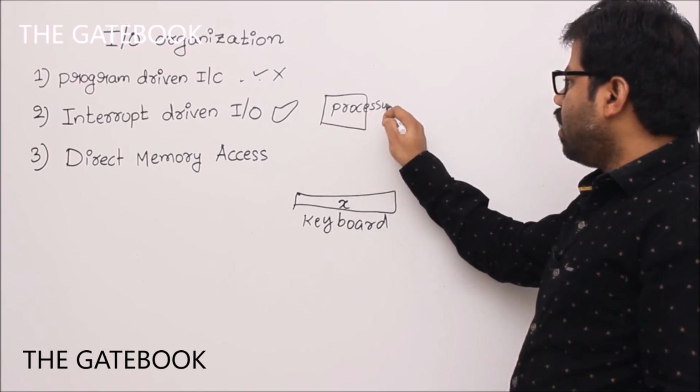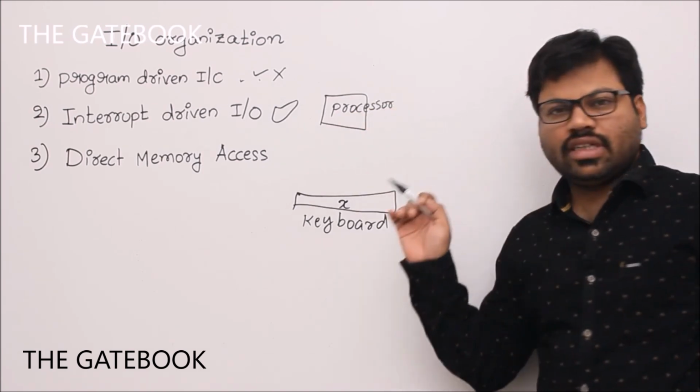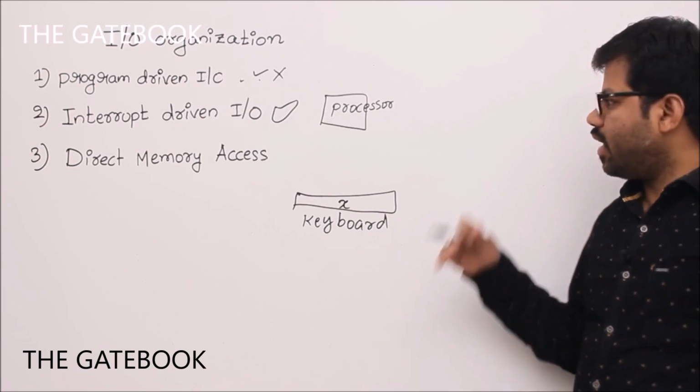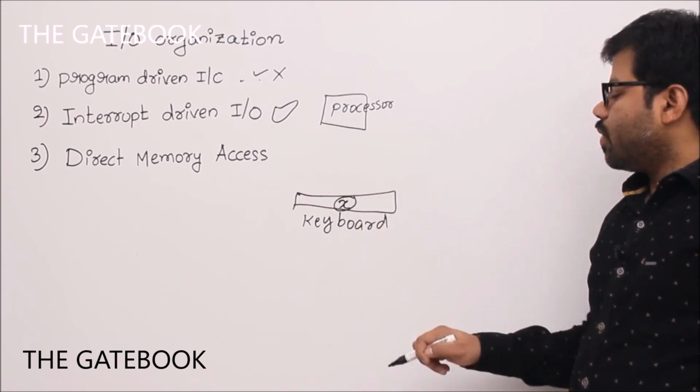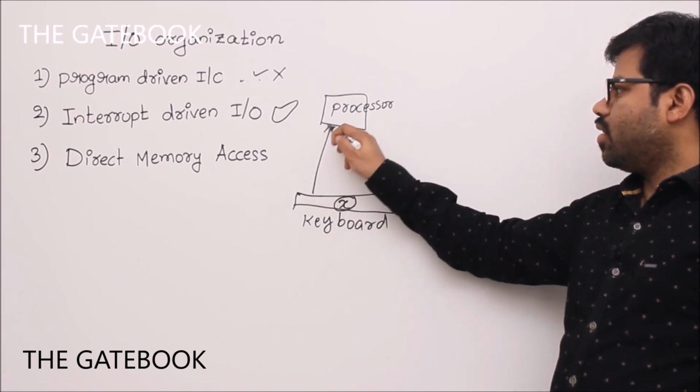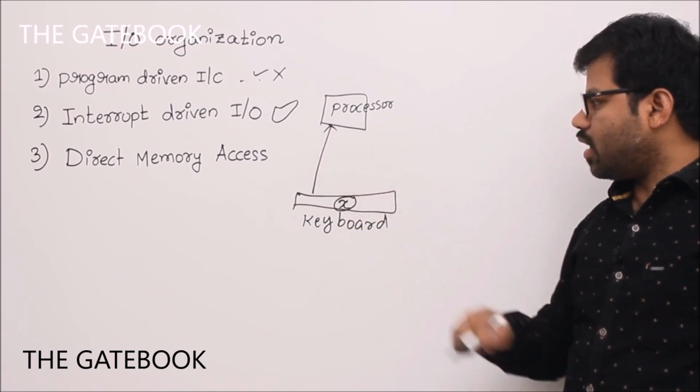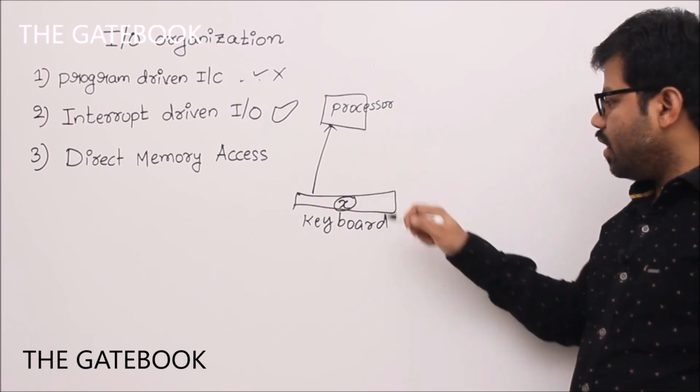Actually, what happens in interrupt driven IO? Now we don't see the circuits related to this one directly, we understand the high level idea. So the keyboard will send a signal, right? It will send an interrupt. Assume that the processor finally accepted this interrupt. Then the processor will come here and it will,